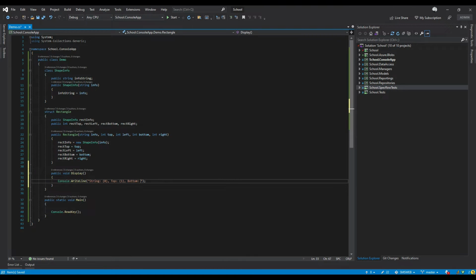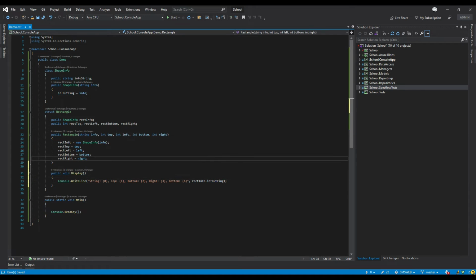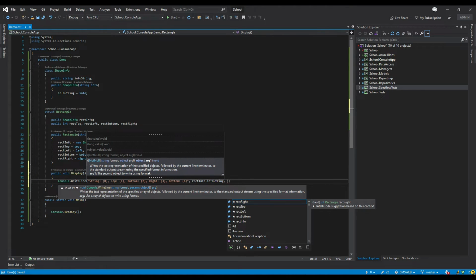so the bottom value will be the second one, the right value will be the third one, the bottom value will be in fact the fifth one, and the value is like rect info dot info string, right, and rect